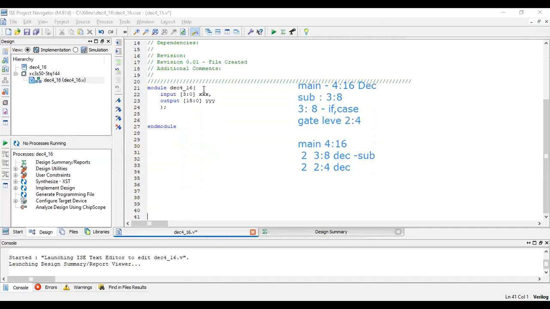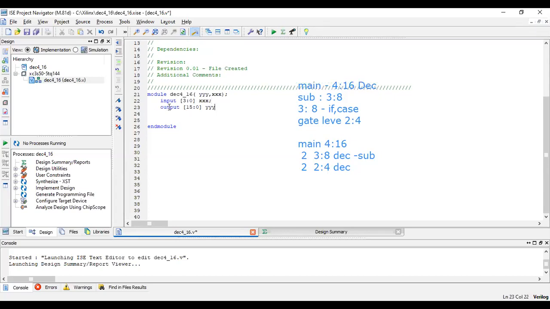So now decoder, this one, Y, X, only this much. If you want, you can even use an enable, but I'll just omit the enable as of now. Input 3 down to 0, X, which means 4-bit input, and it is output 15 down to 0, Y. I'm following gate level model, so there's no need to declare the output as registers. Now what are the sub modules? 3:8 is one sub module, 2:4 is one sub module.